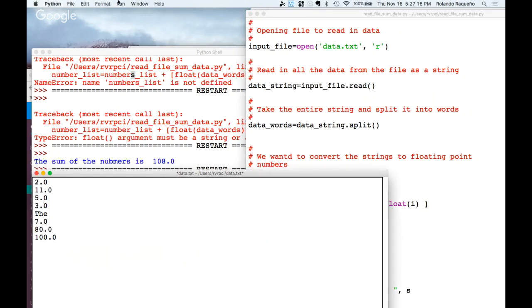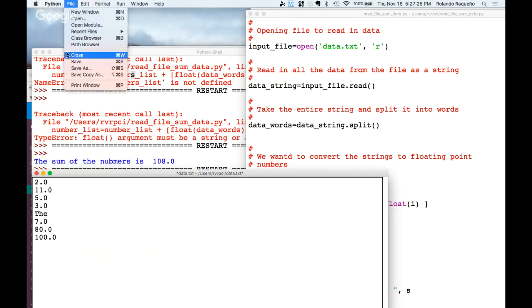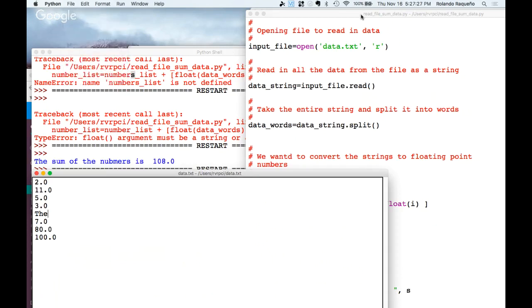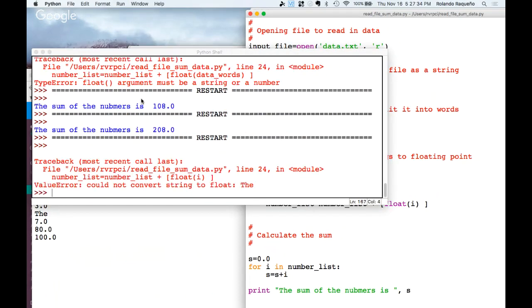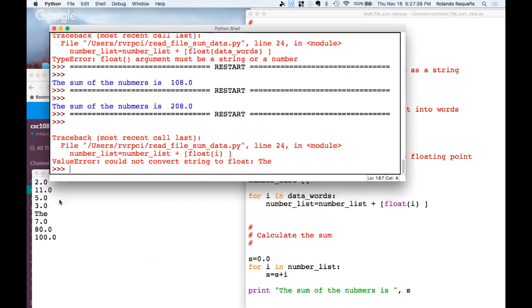But let's actually see what happens in this situation, just so you see what kind of error you get. So let's save this one, and then let's run it. Okay. So basically, it saw this part here and says, oh, I don't know what to do with that. In this program, it's a very simple one, but you really have to make sure that all